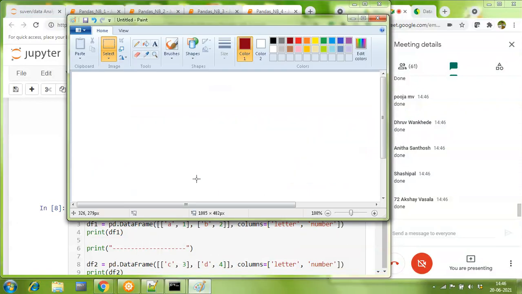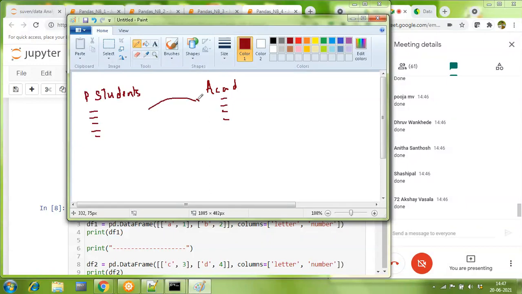A quick example of it would be that a school teacher is saying that I have all the personal details of the students in one single table, and I have their academic details in another table.